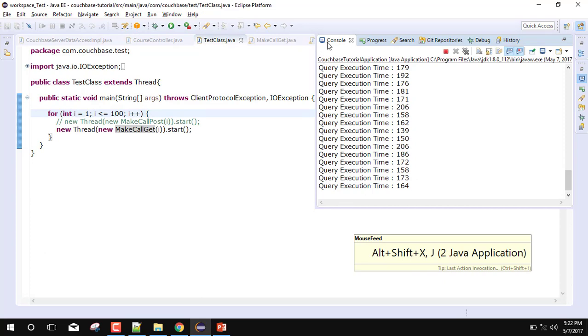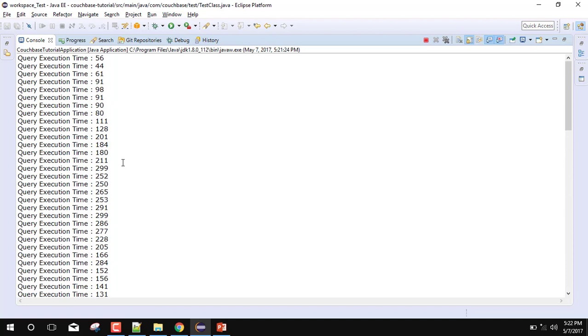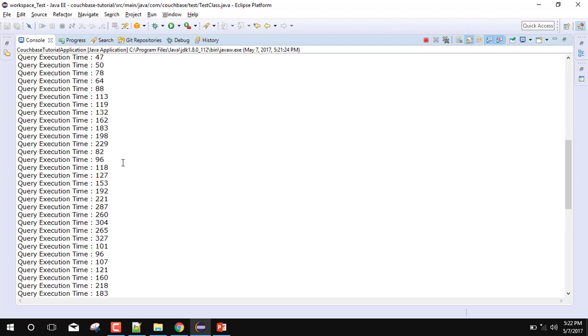Okay, what is the performance impact? You can see that it is about 10 times faster than what we previously noted with the N1QL queries, which was approximately 10 seconds, and here it hasn't taken more than 1 second. The max we got is approximately 327 milliseconds.